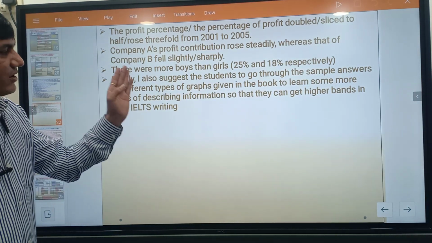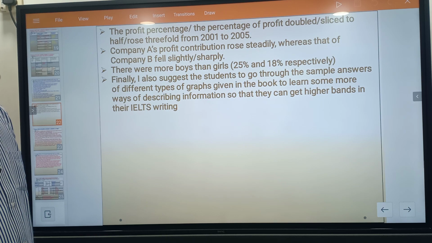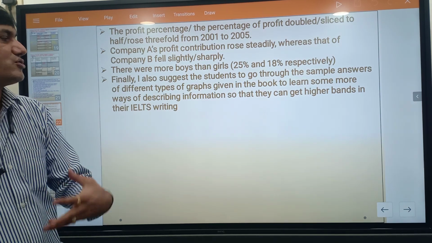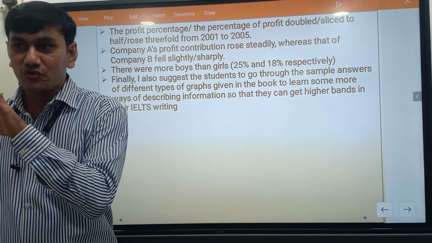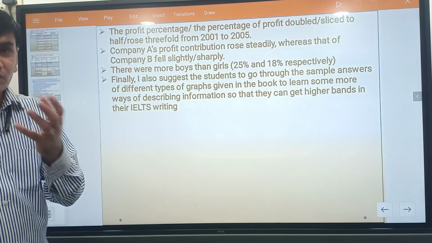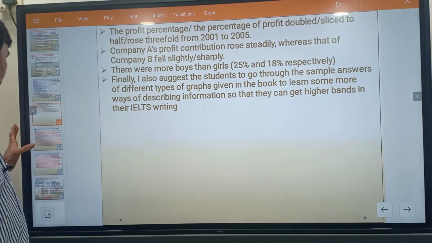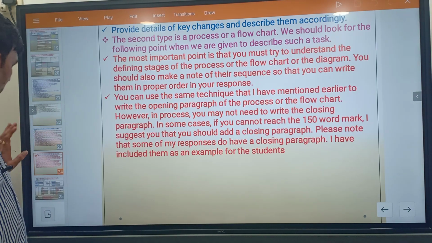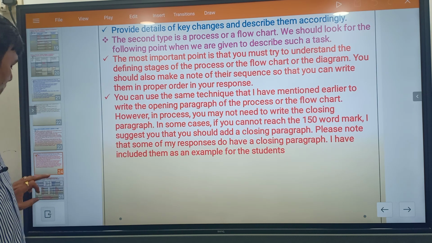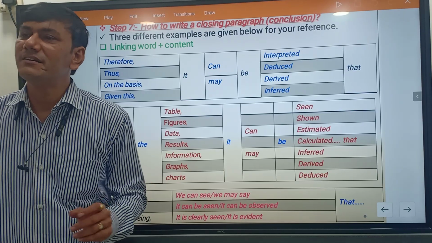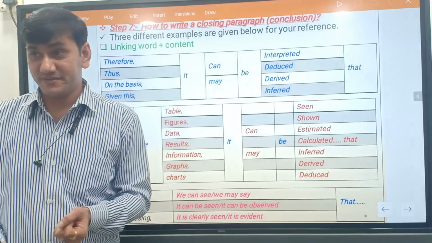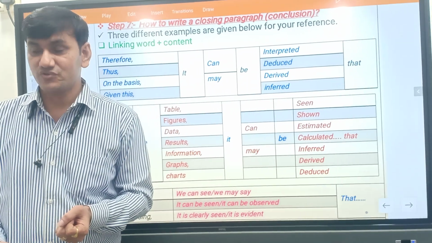Finally, I also suggest that students go through the sample answers of different types of graphs given in the books. So read these answers. Why? To get more information about graphs. Okay? So here we are going to end our graph format. So you have to follow